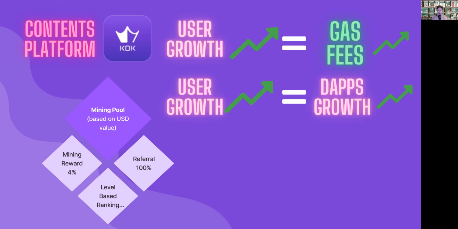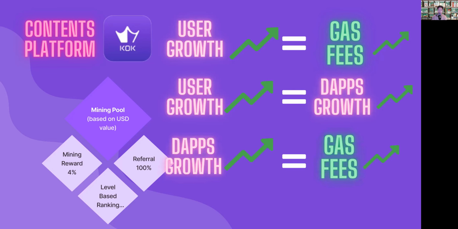Those people, those content providers, those developers, we call them decentralized applications, or dApps. And as these dApps grow, they also incur gas fees as they exist inside the platform. As they come in, they do airdrops, they purchase their KOK to be distributed. So as they enter the KOK ecosystem in the KOK Play platform, they will also incur gas fees.